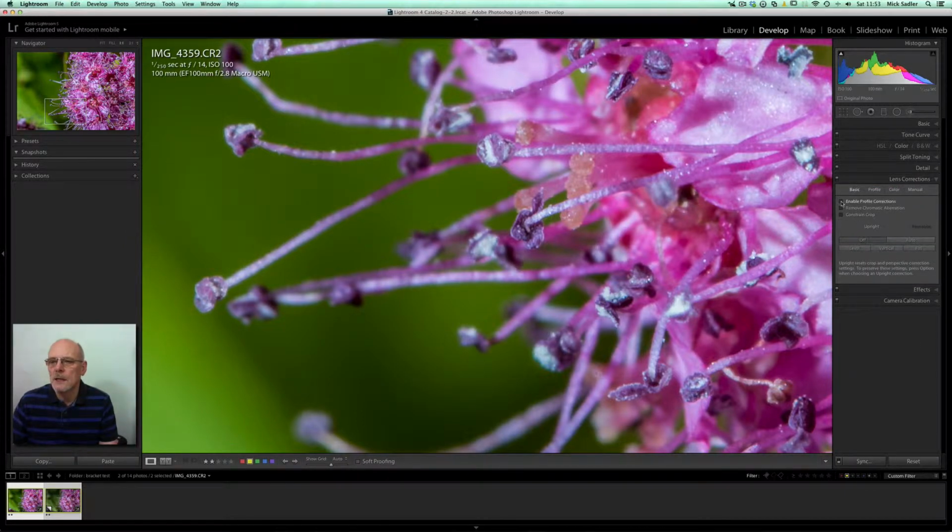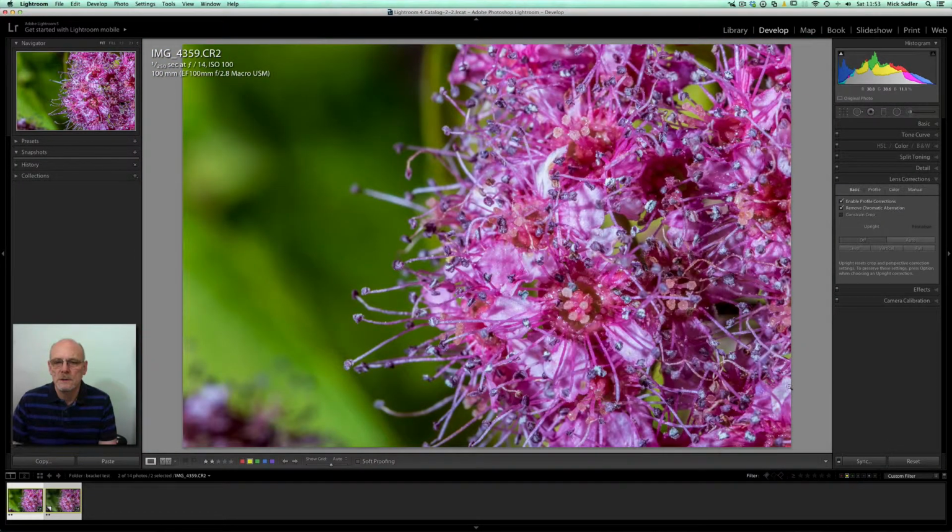So we're now going to go down to lens corrections. We're going to enable the profile corrections. Now most lenses are going to be in there, so we're also going to remove any chromatic aberration there is. Click on that to give it a full